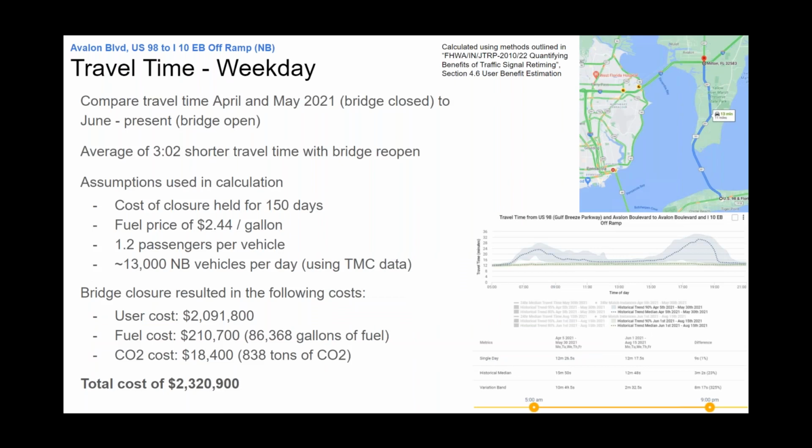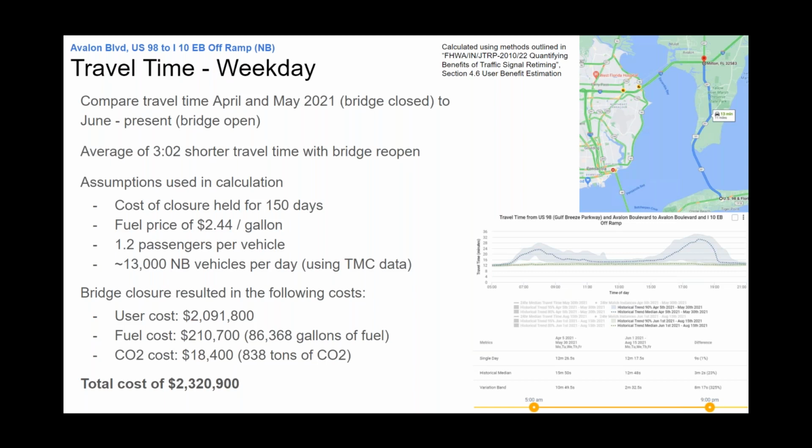So just to build on that, and I'll only take one more minute and then I'll wrap this up. Generally, we see the travel time and we see this type of impact in the data, but what does that mean for the everyday driver, or what does that mean to the public? You can really start using some of the FHWA quantifying charts and calculators that the FHWA has provided to show us the impacts of traffic signal timing and throughputs.